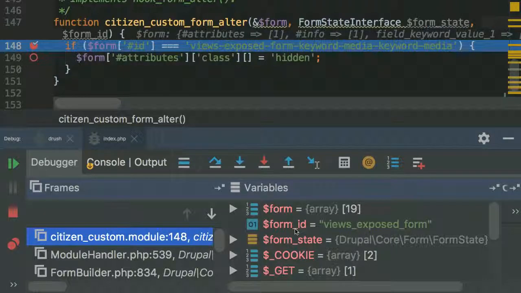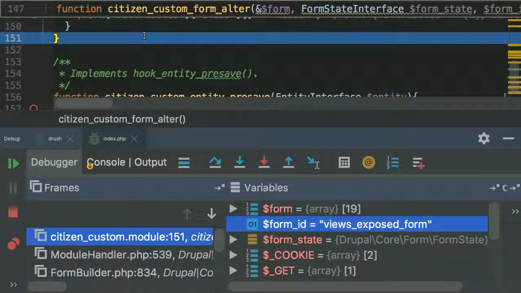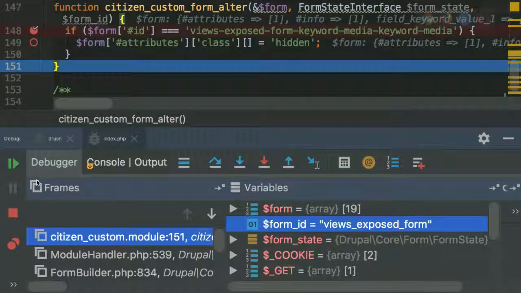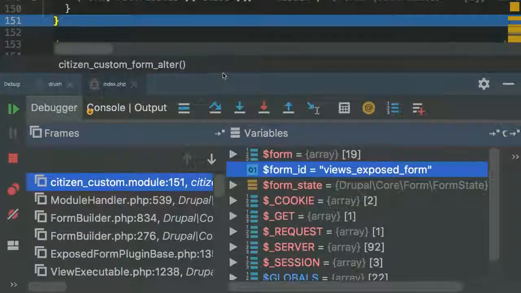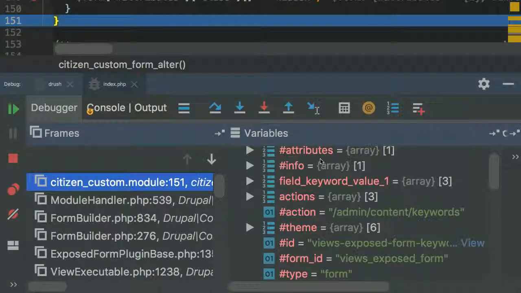This one, form ID equals views exposed form. I'm here looking for form ID views exposed form key media keyword media. So it's going to say that's not what I'm looking for. Gonna continue on. Inside our form array, we have all of our